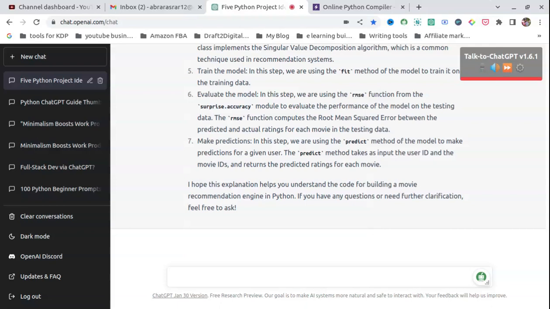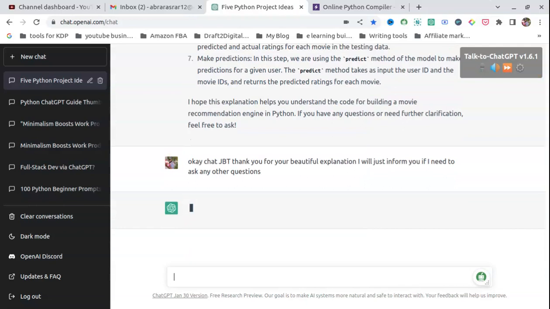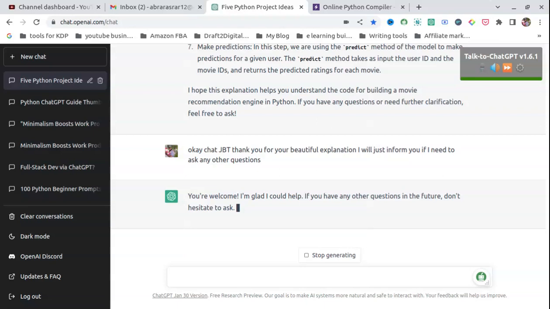I will just inform you if I need to ask any other questions. One more important thing that I have noted about ChatGPT is that sometimes even if our prompts are not grammatically correct or there are spelling mistakes, still it understands.